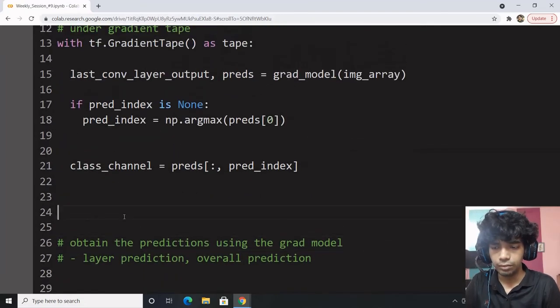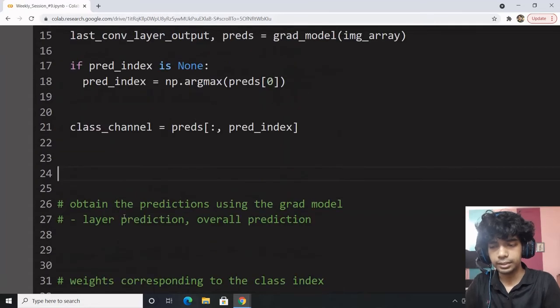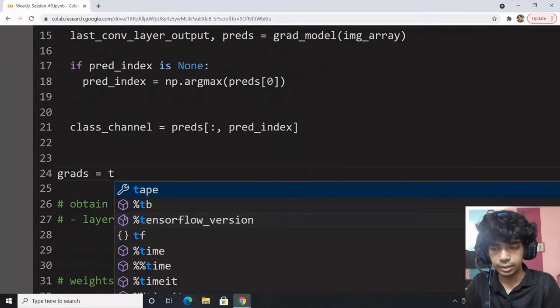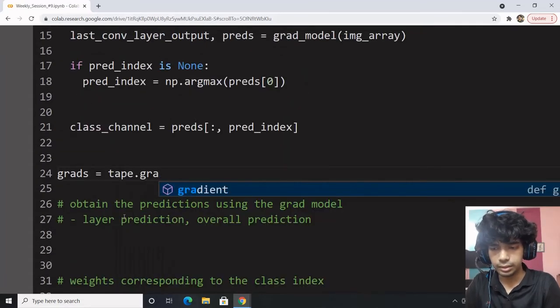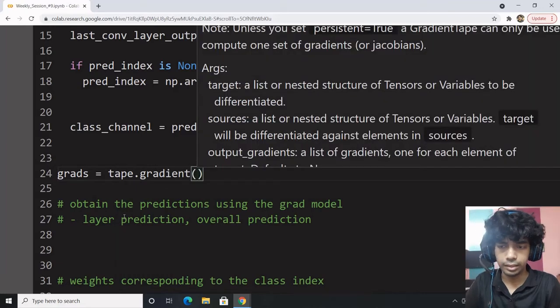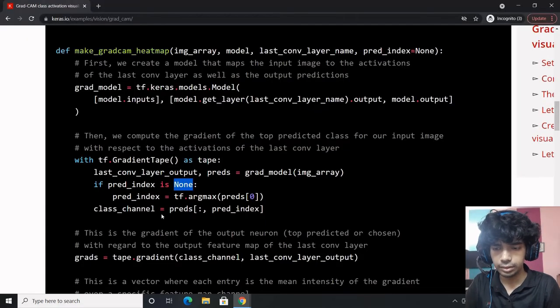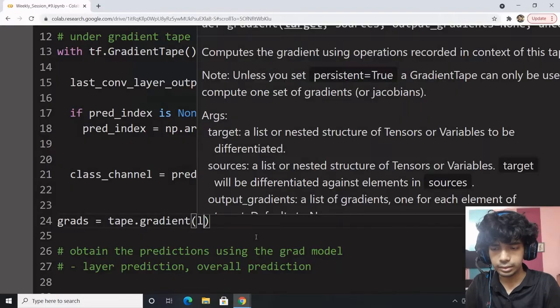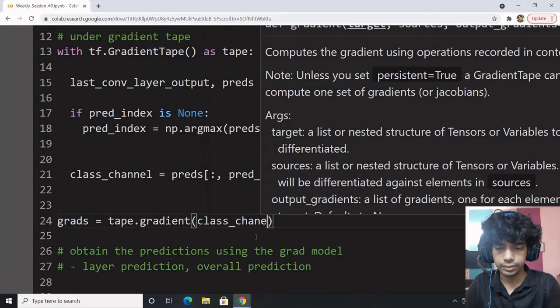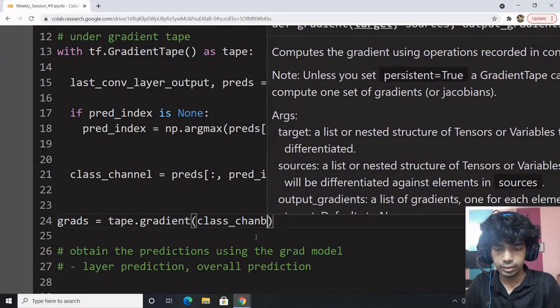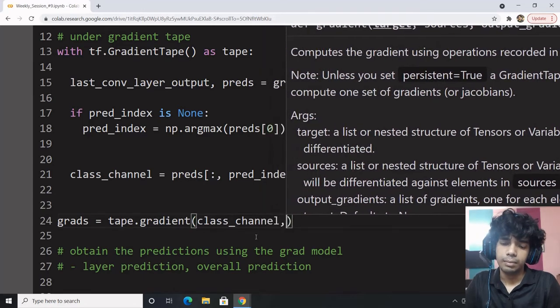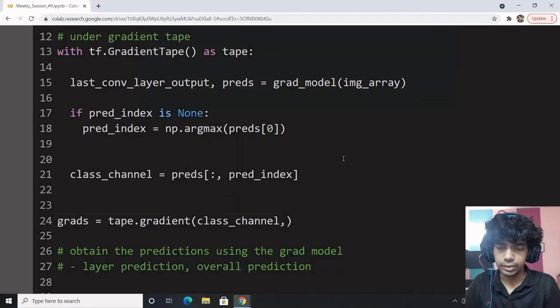Now what we need to do is calculate the gradients, and gradients will be equal to tape.gradient, wherein I pass the class channel value and the last convolution layer output.